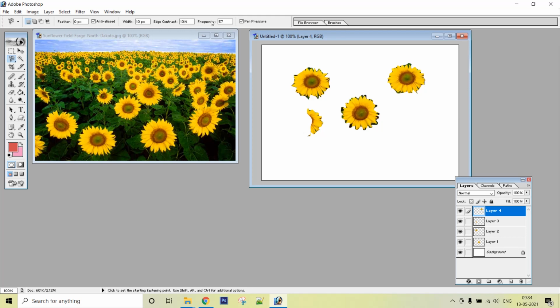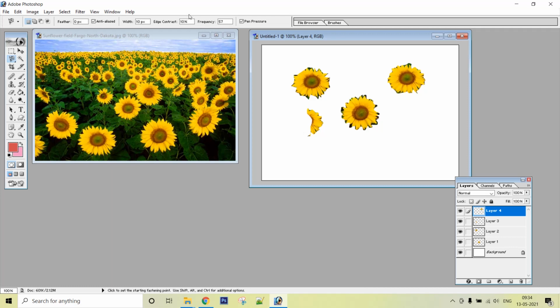All right. Last option is the frequency. As you move around the object, Photoshop automatically places anchor points, little squares, as you have seen that there are anchor points along the edge to fix the line in place. Enter a value between 0 and 100 for frequency to specify the rate at which the lasso tool sets fastening points. The higher value anchors the selection border in place more quickly. The higher the value, more anchor points will be added, but generally the default value 57 tends to work well.